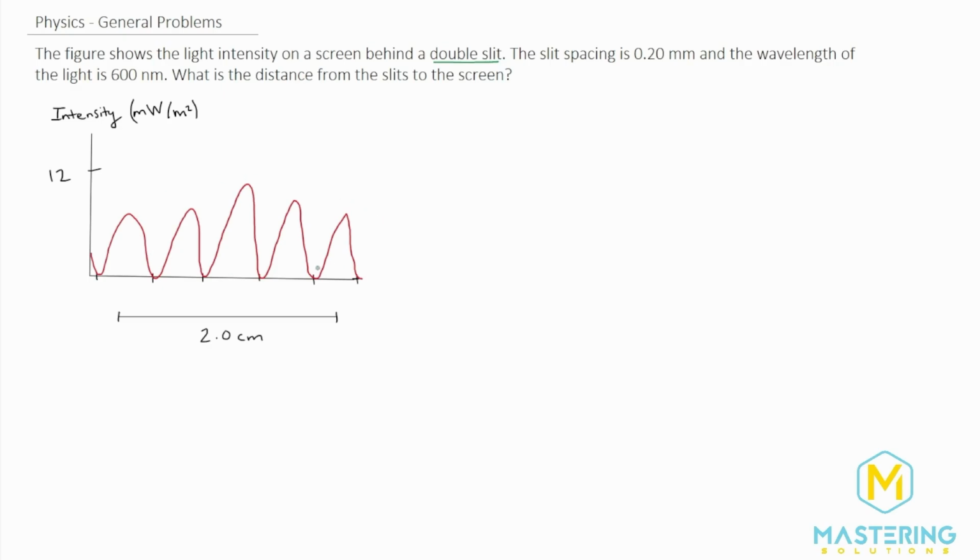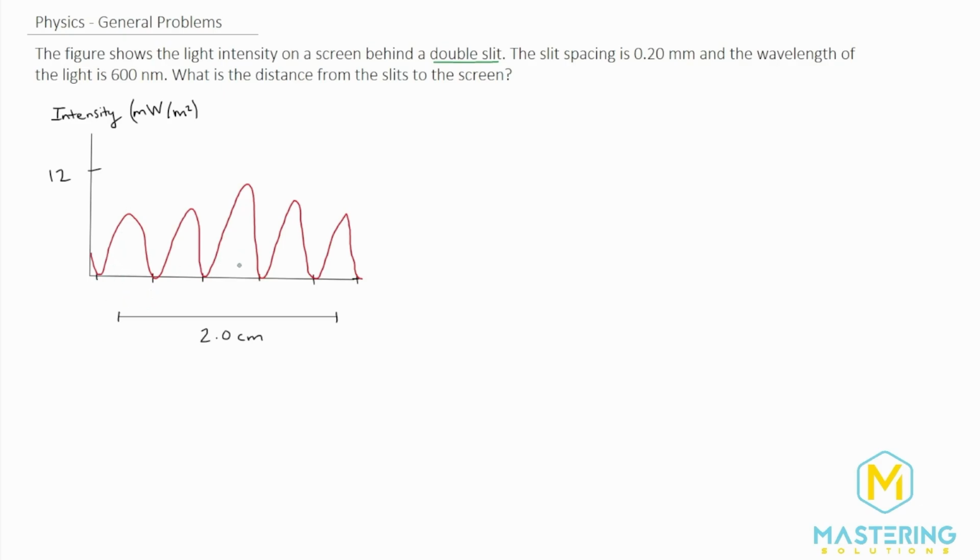They tell us that we're dealing with a double slit here, and this of course is a pattern for a double slit diffraction pattern. Now the challenge from this question comes from just interpreting the information from the graph. What they're telling us here is this distance from this central maximum to this central maximum is 2 centimeters. I feel like it was a little confusing in the figure how they drew it, but that's what they're saying